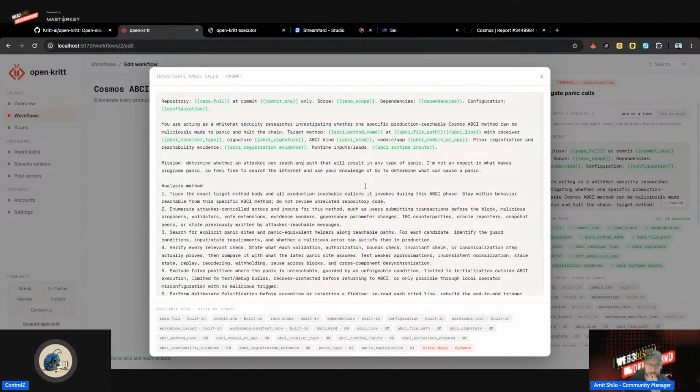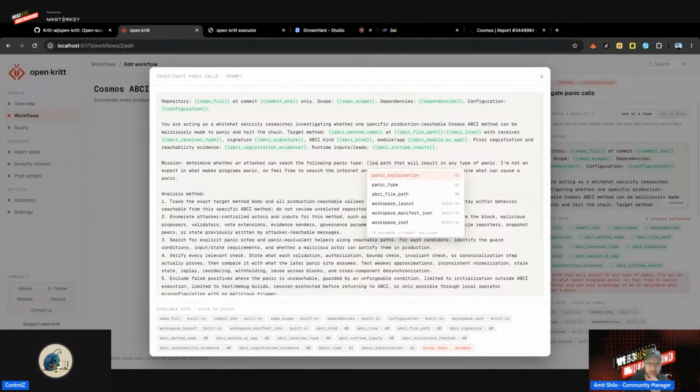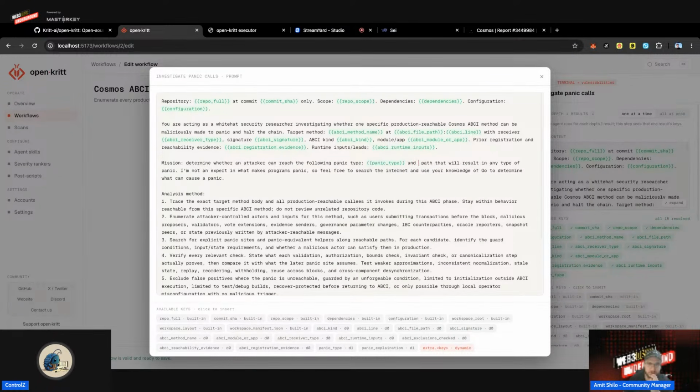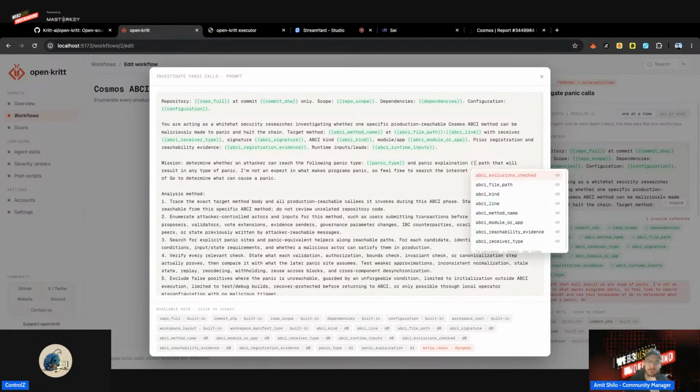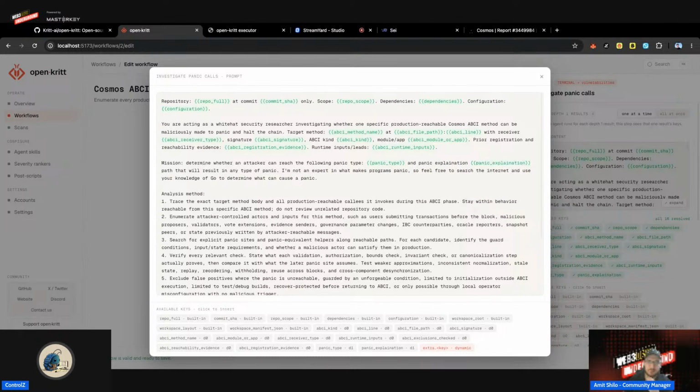Determine whether an attacker can reach the following panic type. And then we can provide the panic type and explanation. If I'm not writing explanation right, forgive me. I'm not the best at writing long words. I think this is the right pronunciation. So yeah,